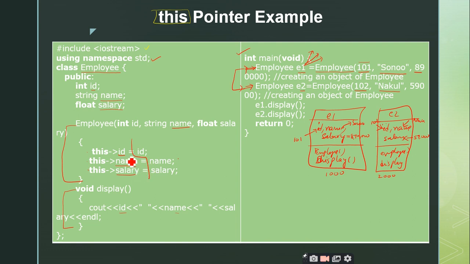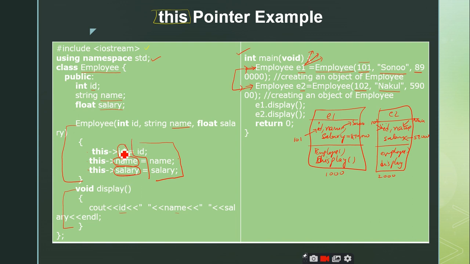So I have to tell that this id belongs to the object, the name belongs to the object, and the left hand side salary belongs to the object.